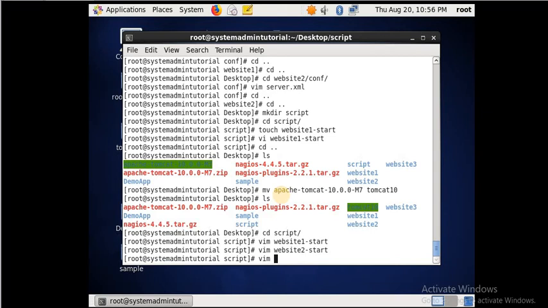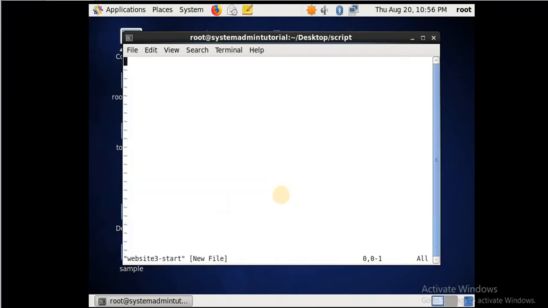Again, do it for website 3 start. Export.